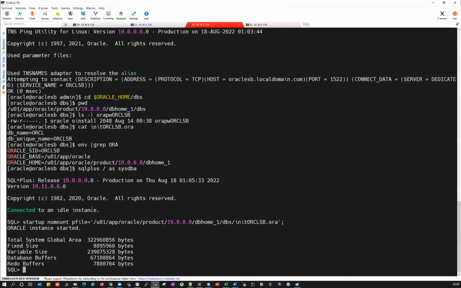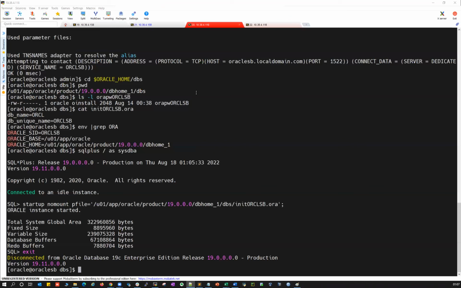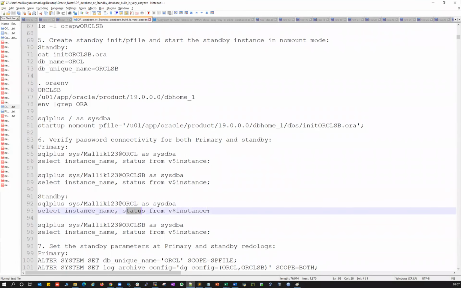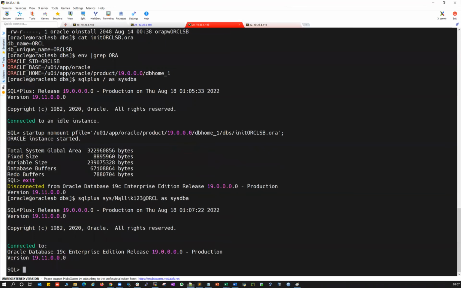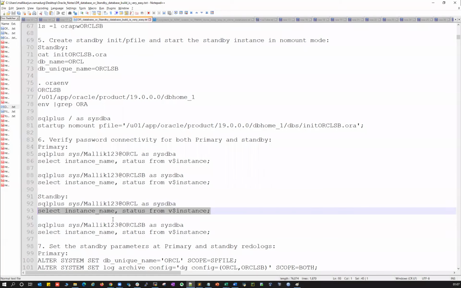Go to the standby server, and then try the same thing. sqlplus sys/password@ your production database. Try to connect to your production database from the standby server. Right, able to connect. Query the instance name and status from each instance. Right, so ORCL open mode. Right, that's fine. You are able to connect to your primary database from the standby